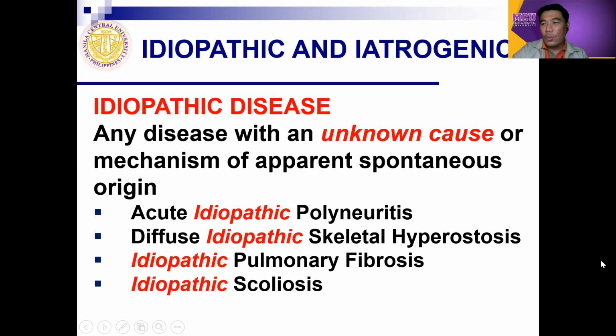Another is we have used the what we call skeletal hyperostosis. So obviously the involved organ here is the skeletal system. Now, in the perspective of the skeletal hyperostosis, pag sinabi natin kasi, if we say hyperostosis, this is usually associated with excessive growth of bone. Okay, usually these are associated with musculoskeletal disorders. So, pag ginamit naman natin yung diffuse, in excess, okay, excessive, diffuse, skeletal hyperostosis, so excessive growth of bone but of unknown cause. So you can now associate always that if there's a diagnosis of idiopathic, it's of unknown cause. Example,